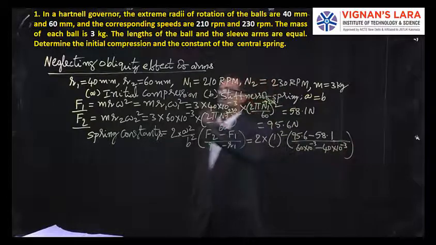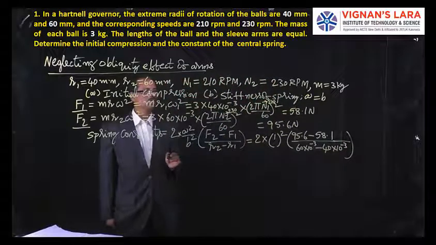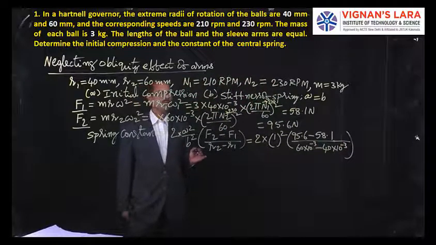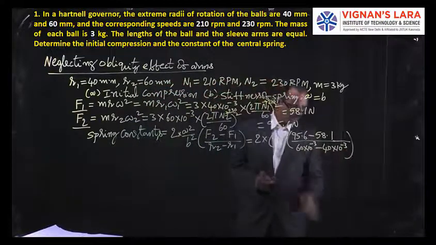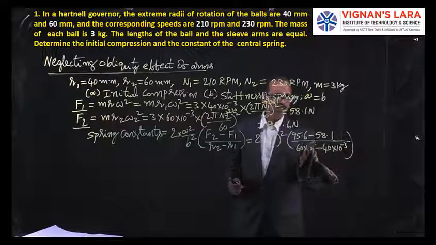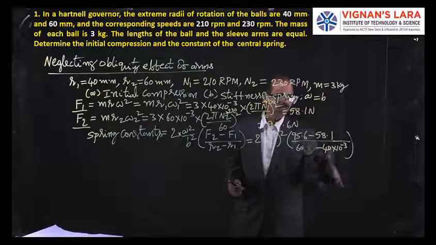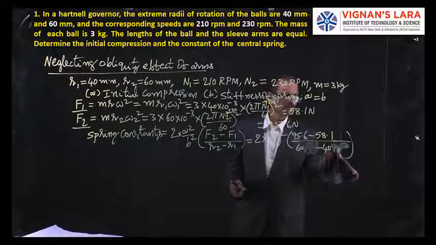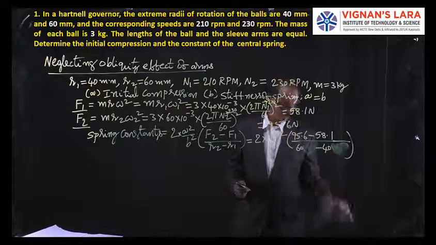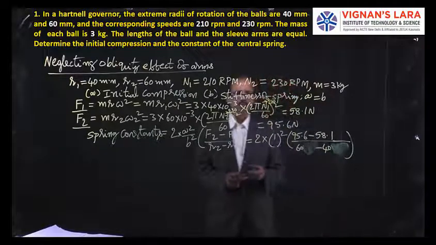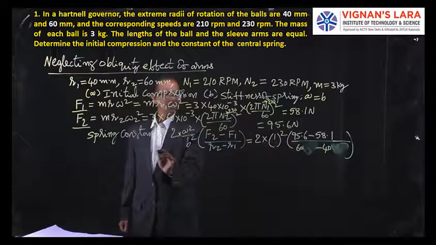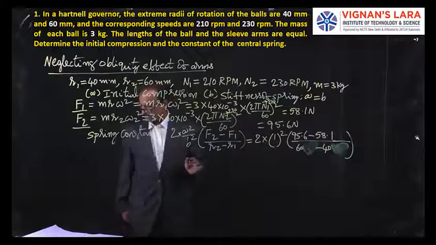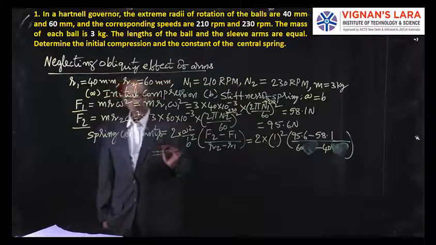So this radius is converted into meters, or if you keep it in mm, you will get the result in mm. If you want, keep it in mm, no problem. Then I will write Newton per mm. You can write it for mm also. So then if you substitute and calculate, the spring constant obtained